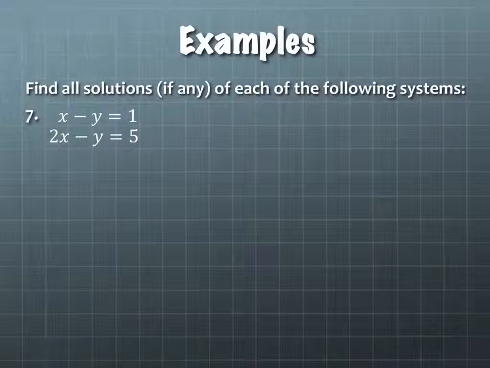It says find all solutions, if any, of the following systems, and they give us no indication which method we have to use, which means we get to pick. So on this first one, the first question we have to ask ourselves is, would you like to use substitution or elimination? Both will give you the same answer, so we don't even all have to use the same thing, but for the purposes of doing it in class together, we're going to use the same thing. So which one would you guys like to use? Substitution. Okay. So if we use substitution,